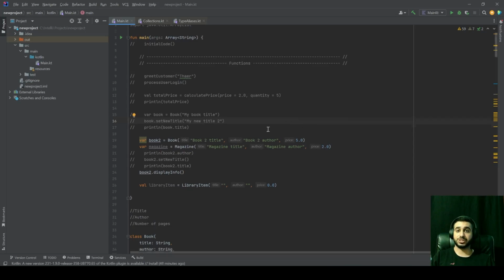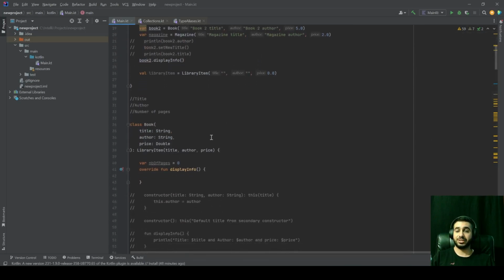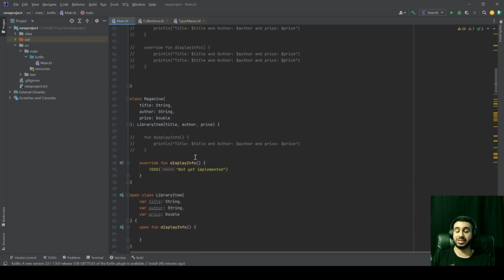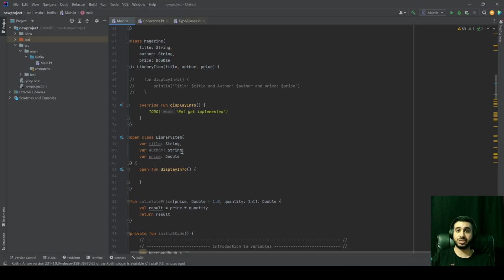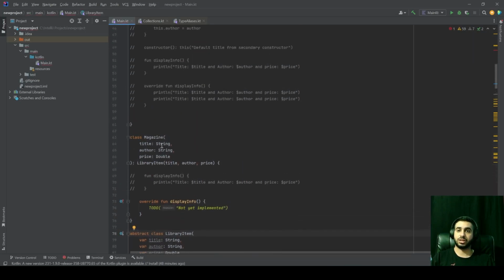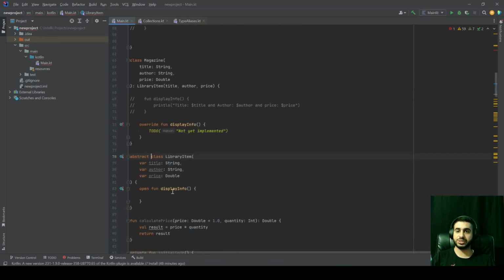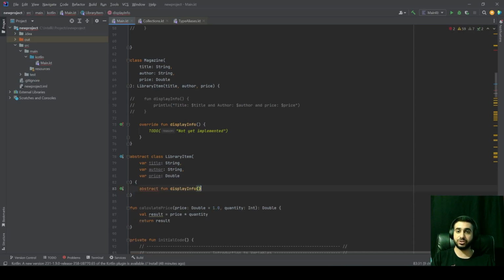But now the question asks itself, basically. When do we use open classes and when do we use abstract classes? I'm going to give you valid use cases for both. Okay? Let's have this library item abstract so that we can have our subclasses provide an implementation of this display info. We're going to force them to provide an implementation so that each class can have its own implementation of this